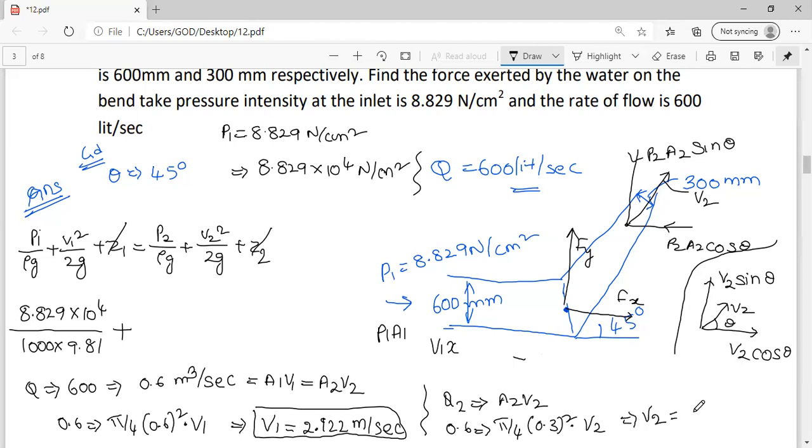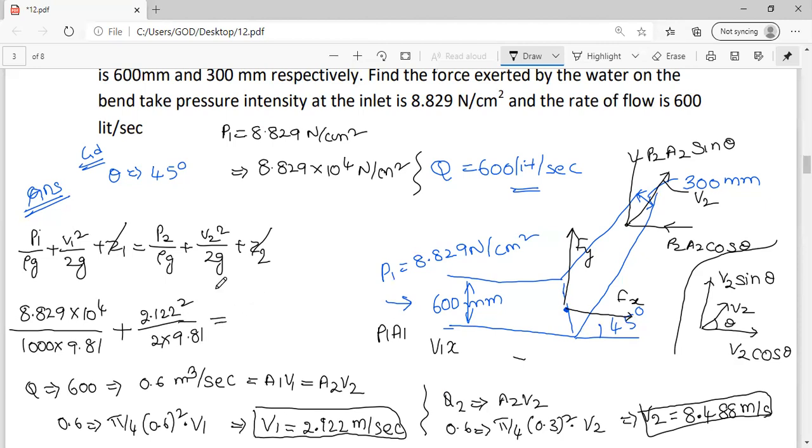What is the velocity at the second junction? If you calculate this with a calculator, it comes out to be 8.488 meters per second. From this I know A1 V1 and A2 V2, so I can substitute this here. V1 comes out to be 2.122 square by 2g, that means 2 into 9.81